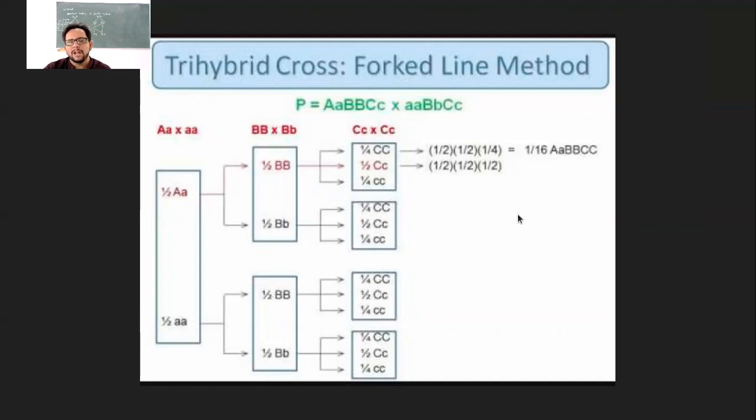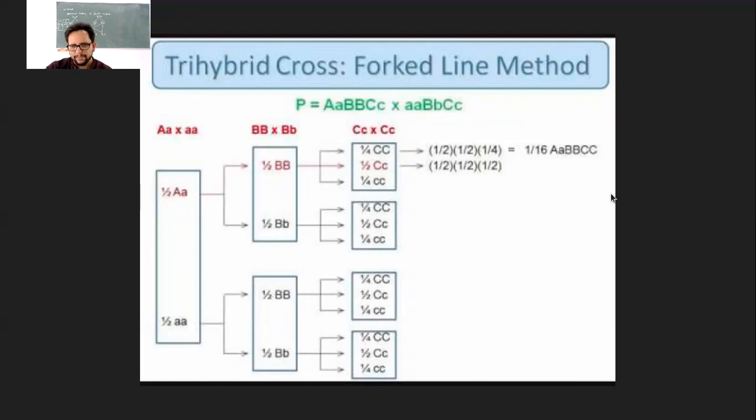We don't have to write the phenotype and genotype ratio of them, but surely we need to be aware what kind of possible offsprings they will produce at the end of the F2 generation in the tri-hybrid cross. So that is the one example that I have depicted here. Just for simpler practice, you can try and complete the rest of them, and you can also calculate the ratio by the end. So you will get an idea of the phenotypic ratio, and you can do it actually with certain phenotypes. So you can also write the phenotype, whether this is what, and this is what, and then that individual will have what phenotype.